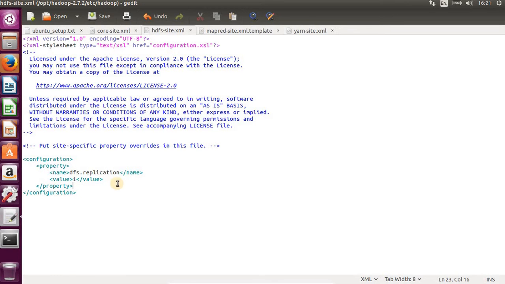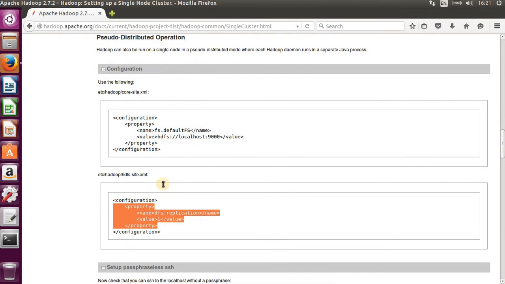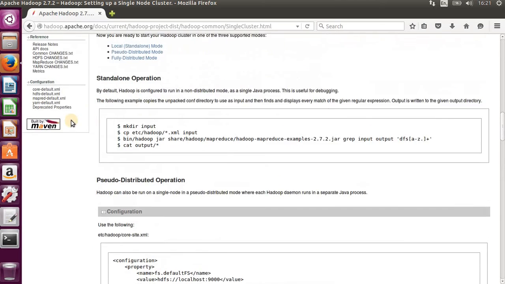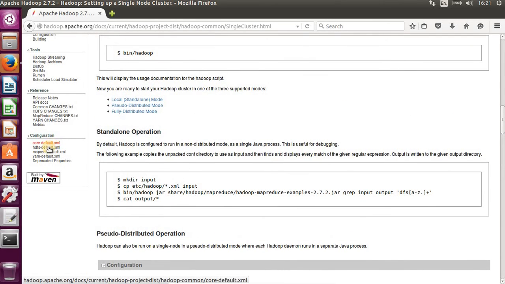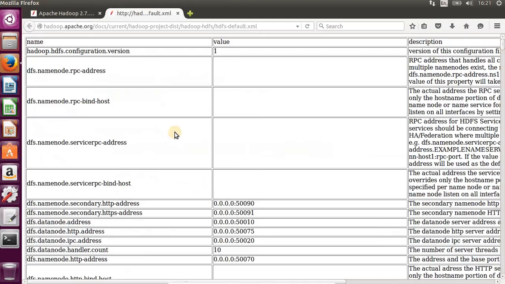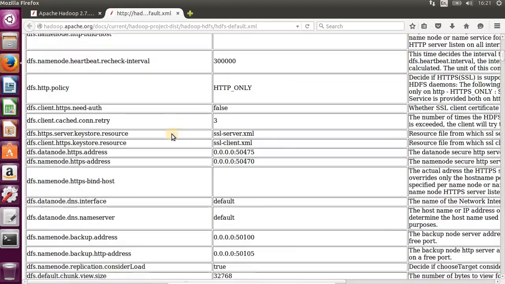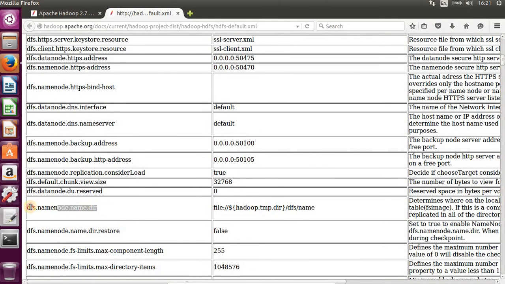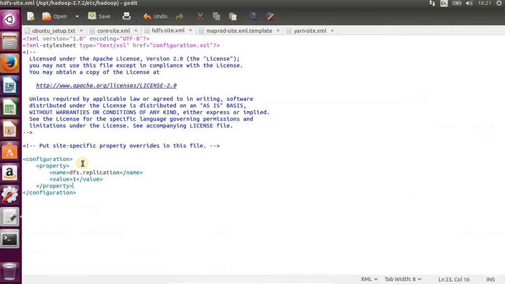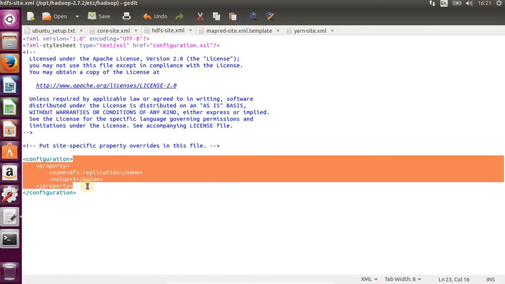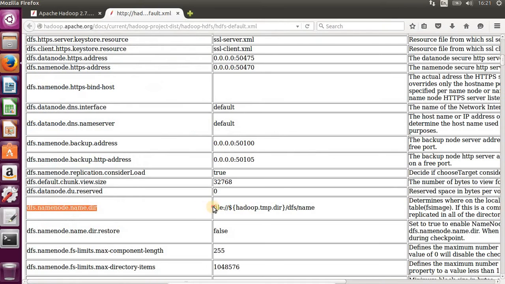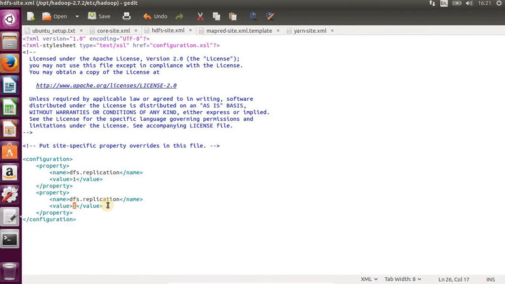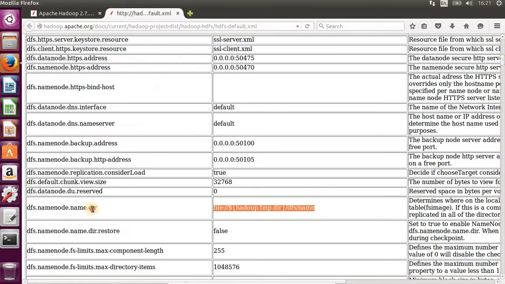I have set this with the recommendation from the Hadoop documentation. I'm just going to go beyond that. I want to set some other things differently, and I'll name them. Number one is I want to specify for myself the location where the name node will set up its FS image, the file system image. I don't want that to be set in the default location, which is this. I don't know where this is, so I prefer to set it up where I know better. And the name of the property is